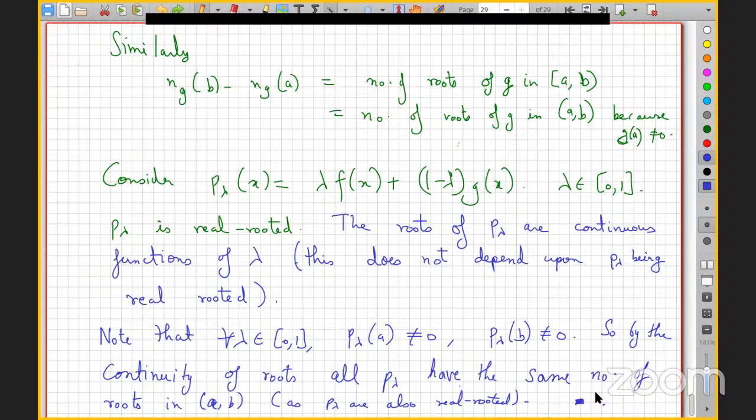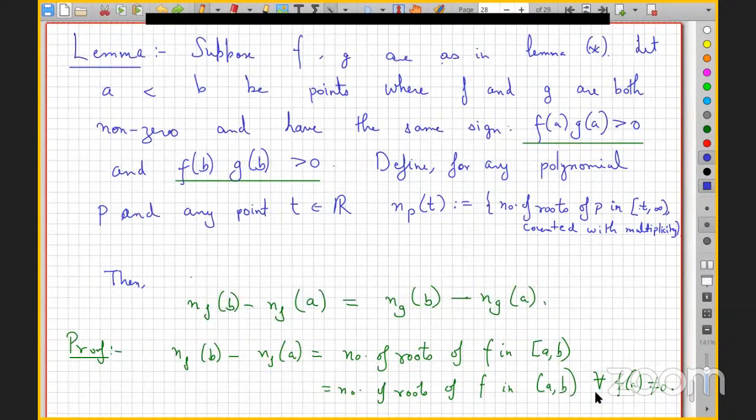It's a little bizarre. No, I mean, it's not really. The fact that they have the same sign and everything is real rooted is a pretty strong assumption. But you assume that they have the same sign at just these endpoints, right? Yeah. So basically, what this is saying is that if they have the same sign at the two endpoints of the interval, and there is some convex combination where the root actually